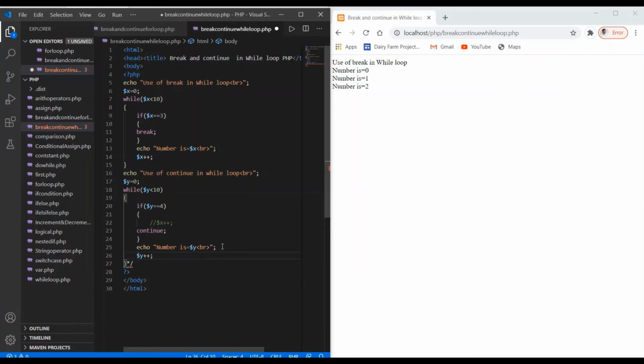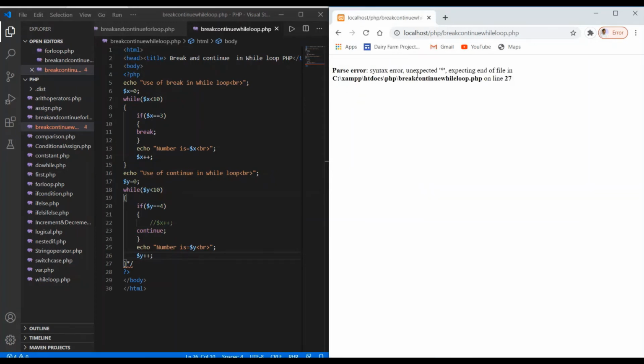And we got an error over here in line number 27, and that's an error in the program. So we have to remove this, save your changes, and again refresh your program.